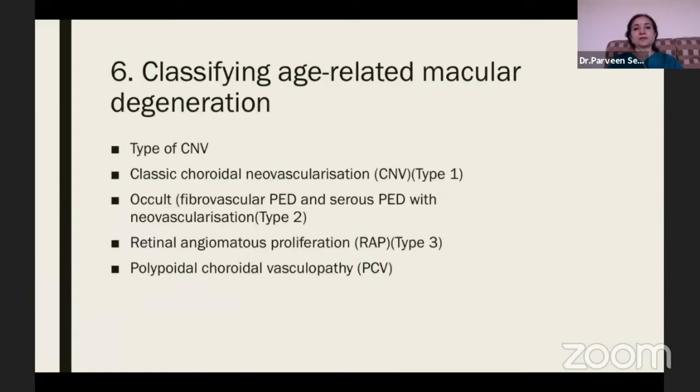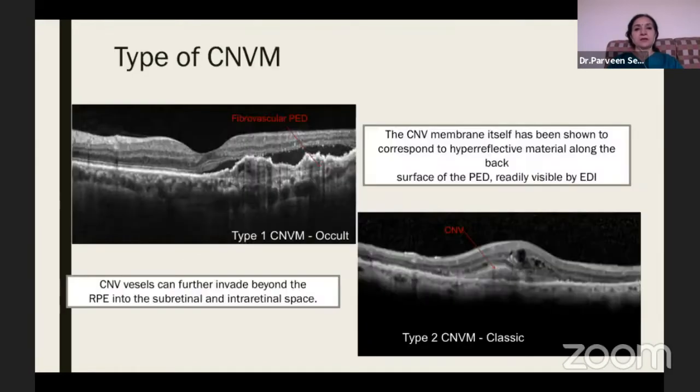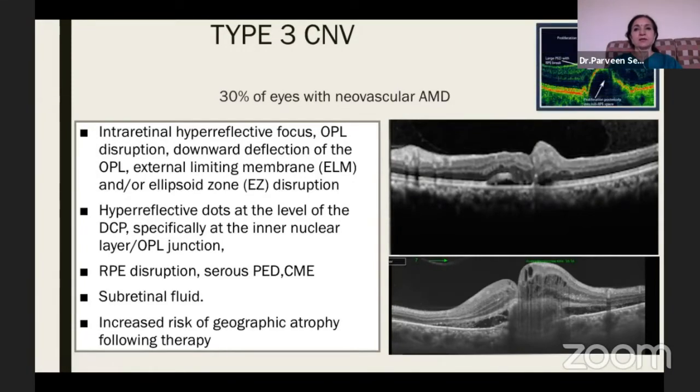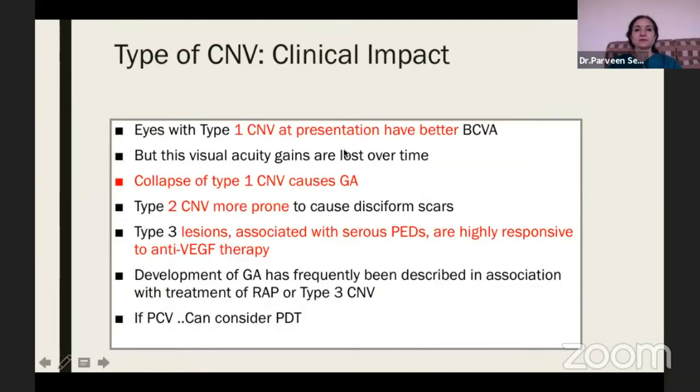Next step for me is classifying the age-related macular degeneration, the type of CNV, whether it's type 1, type 2, type 3, or most importantly, PCV. As I mentioned, type 1 is below the RPE, type 2 is above, and type 3 is within the retinal surface, inner retinal layers, and grows downwards. The importance of these things, whether it's type 1 or type 2 or type 3, though the treatment is still going to be in the form of anti-VEGF injections, is that if you have a type 1, usually the patient